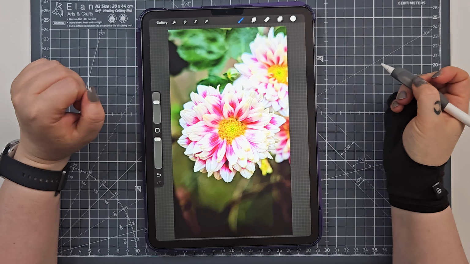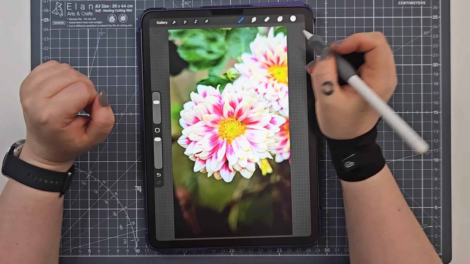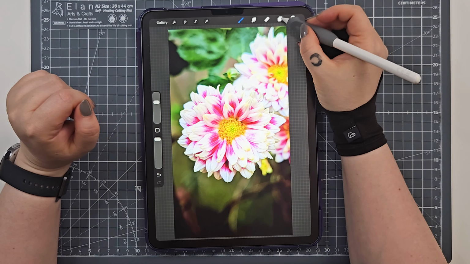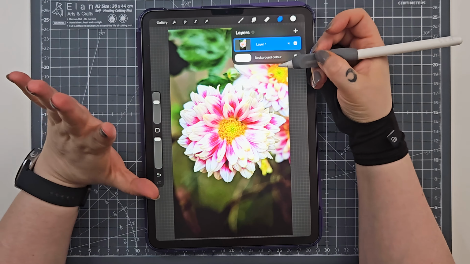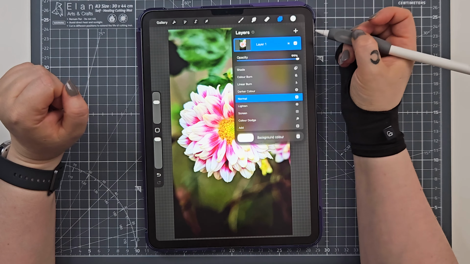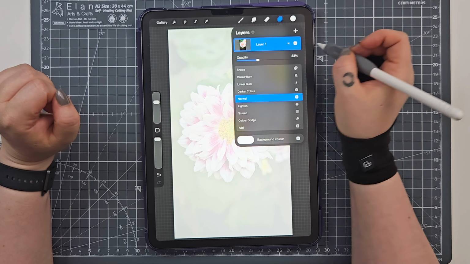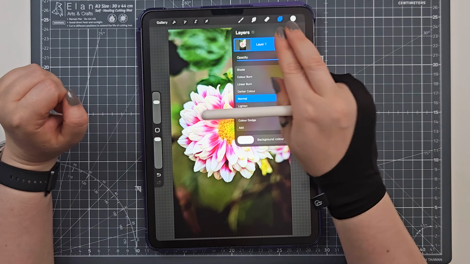In this tutorial, we're going to take a look at how you can adjust the opacity of a layer in Procreate. So first, we're going to select this layer icon here. And then you can either press the N here to adjust your opacity. As you can see, it's now adjusted to 33%. Or you can do the